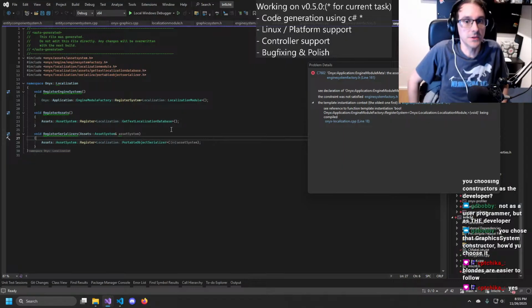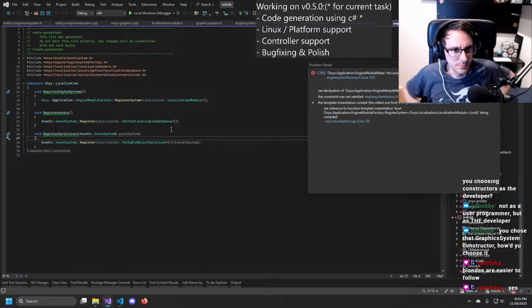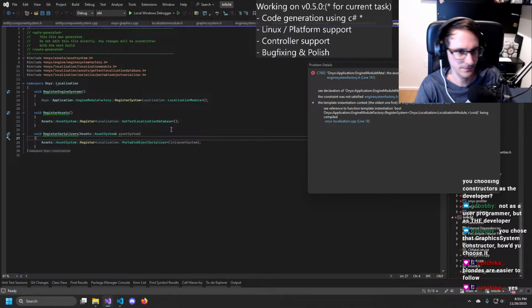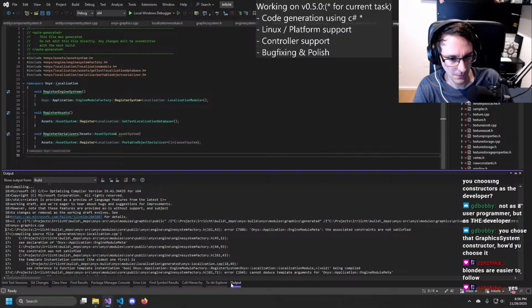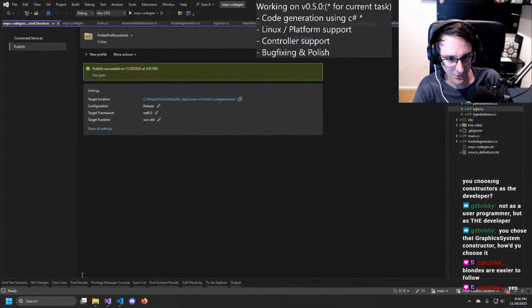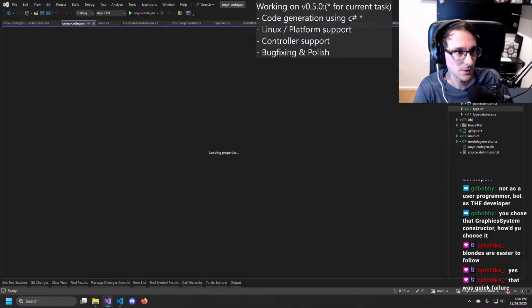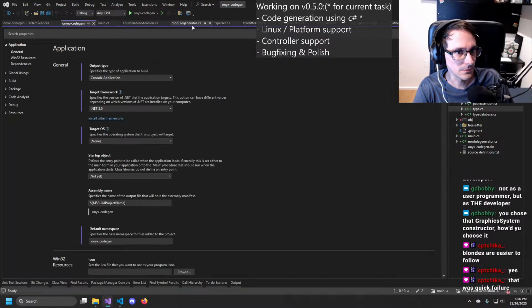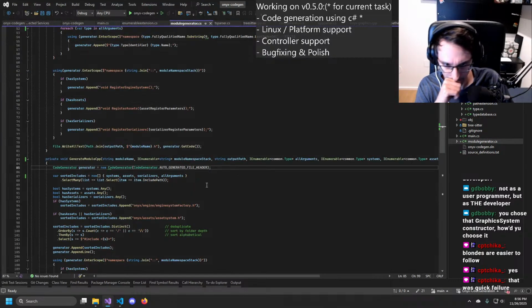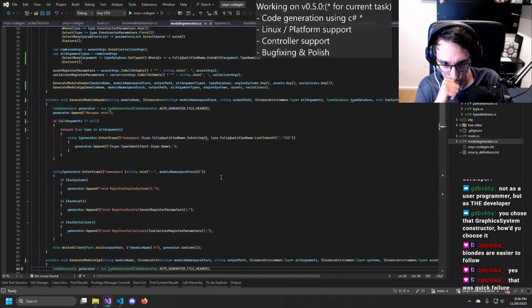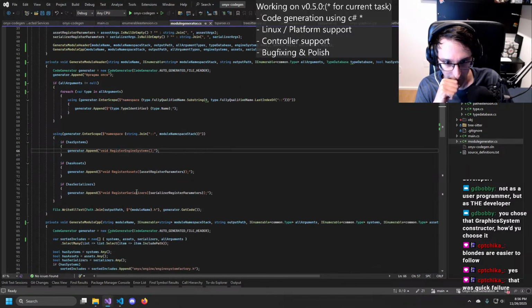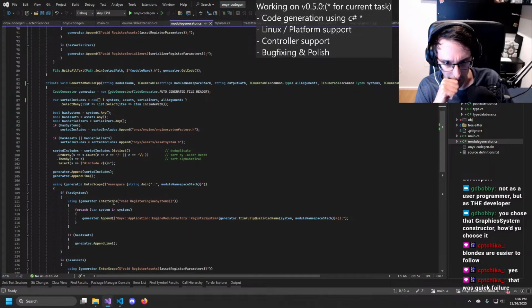Oh, well, okay, because we didn't build the rest. I guess we can change the code gen already. Nah, it's fine. We just need to change here. Don't need to change anything here.